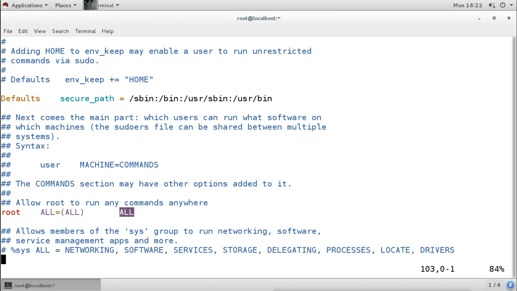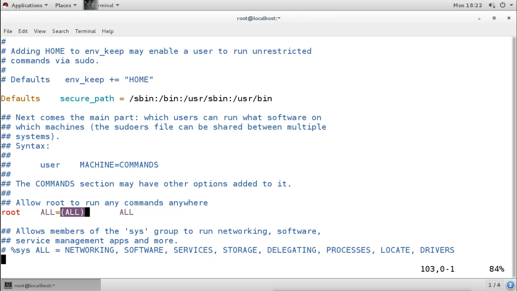So it is having all the permissions with the options here. Now if we want to give any user permission just like the root user, then we can add it like this. We have to mention the username, then the machine name where we want to give permission, then either we can say all, then mention the specific command here, or we can mention specific options also. If I want to give some user permission to all commands, then I can give all here.